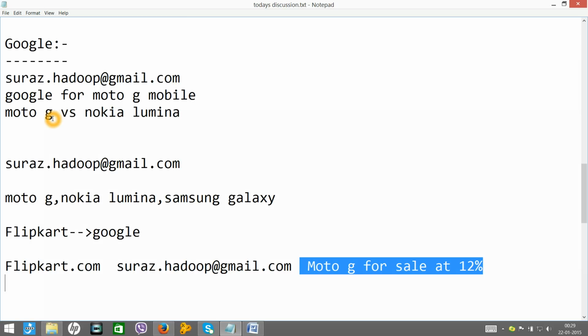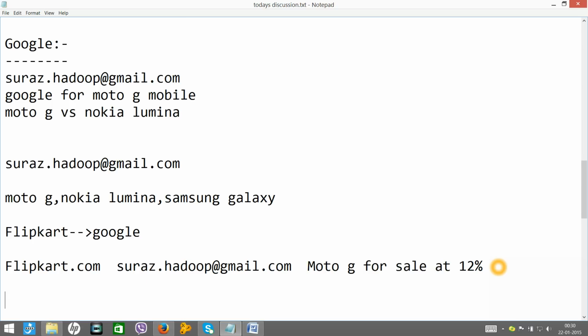Google had captured your data, and it started selling your data to Flipkart. Similarly it will do it with Amazon and with all other business companies, and they get a lot of money from that data. What I am trying to conclude is that the data on the internet can be used very effectively to make more business from the public, and that is the reason big data is now a booming technology in the market.